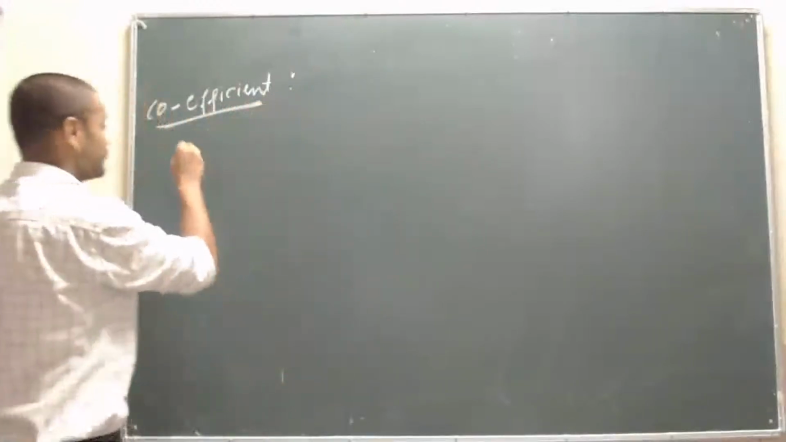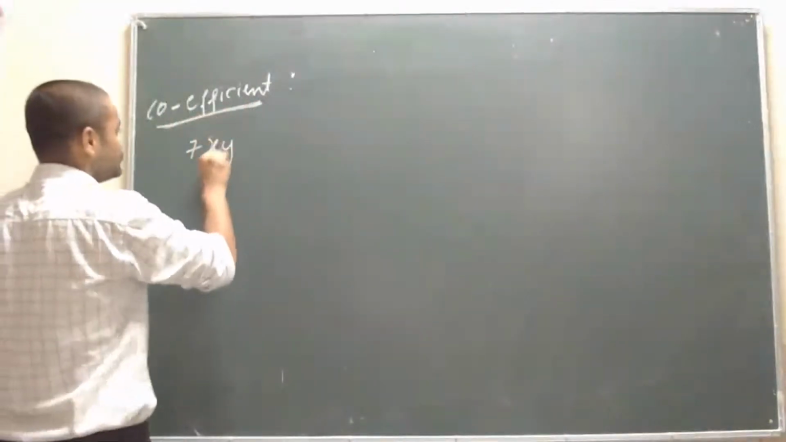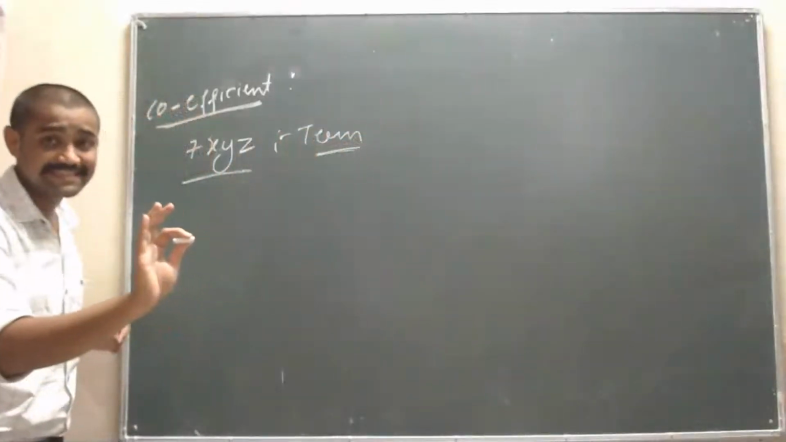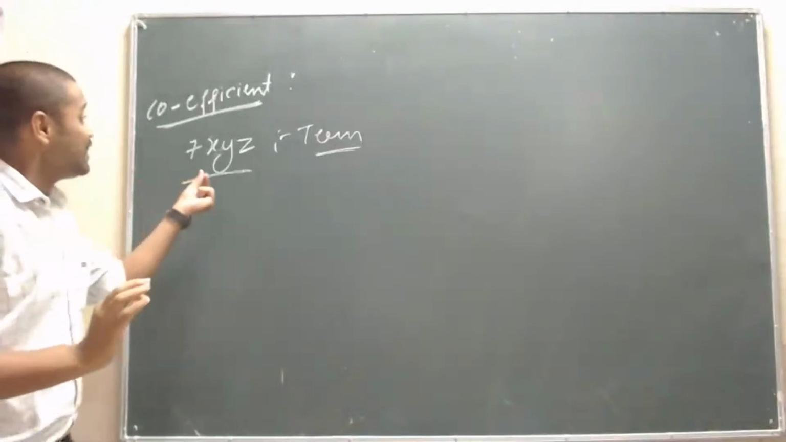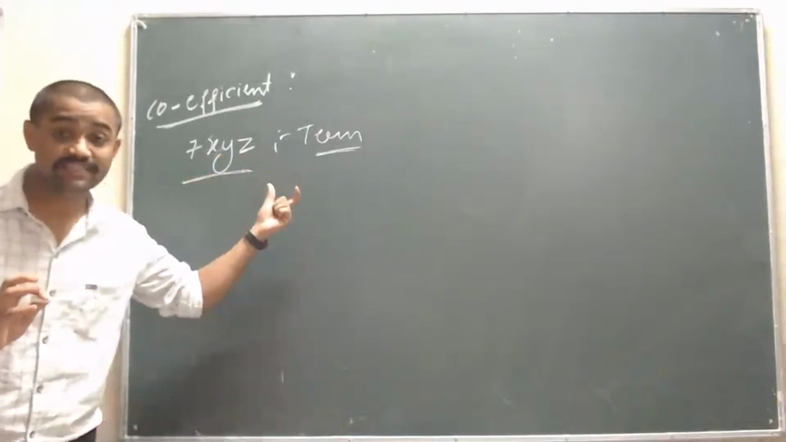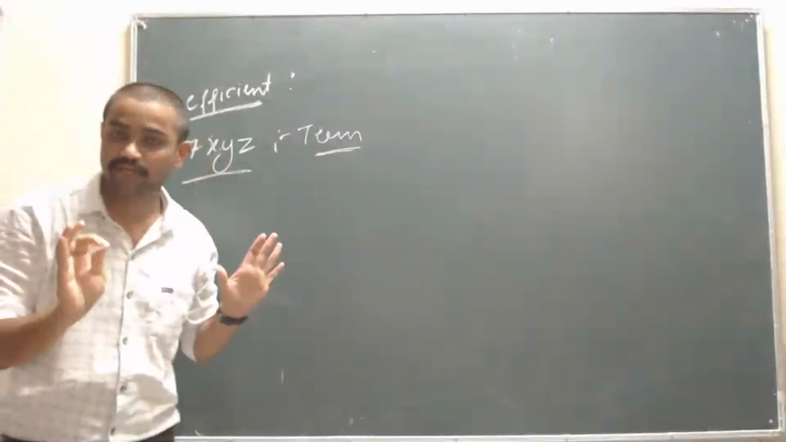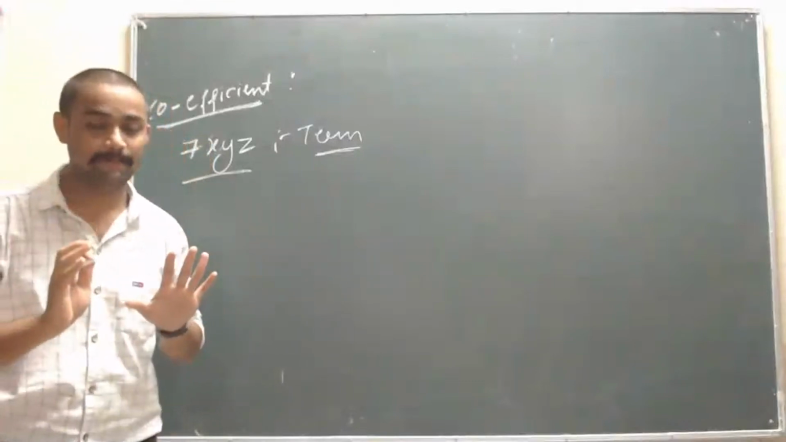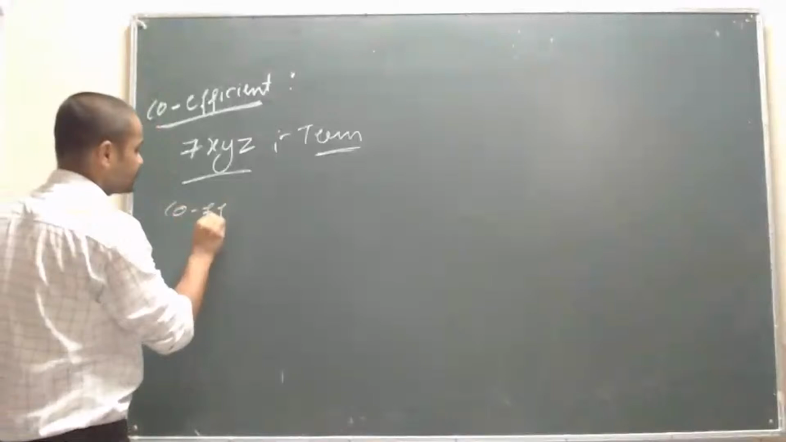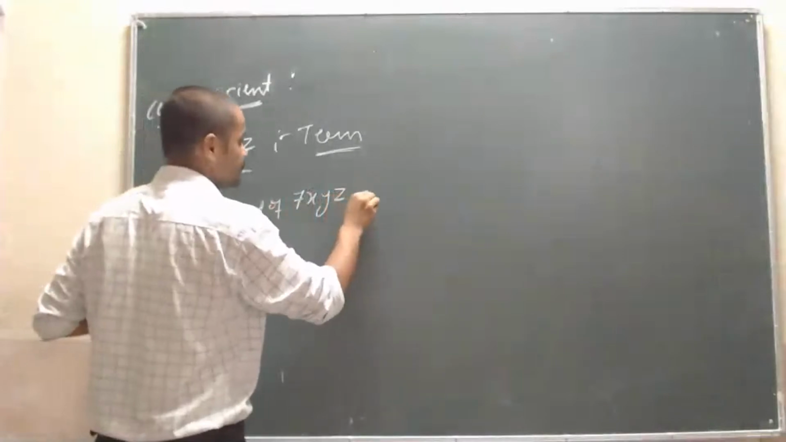Yes, sir. See here. Take one term as an example. That is 7xyz. What is this, student? This is the term. Okay. What is the coefficient of this term? Coefficient is nothing but the numerical part of a term, the numerical factor only. I will write: coefficient of 7xyz is